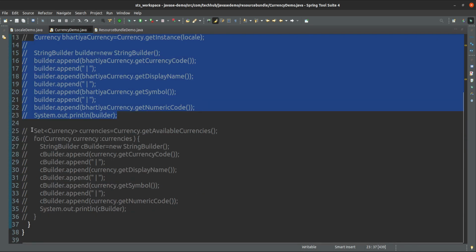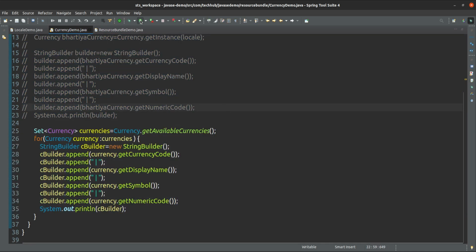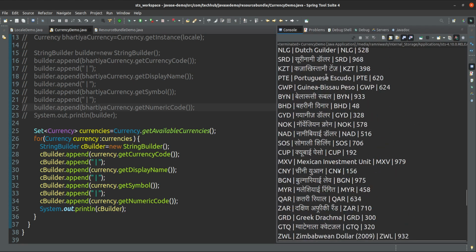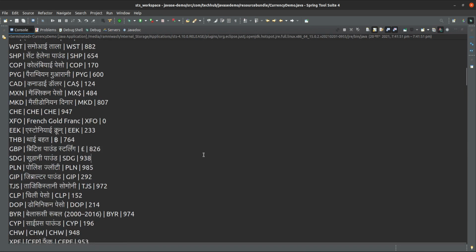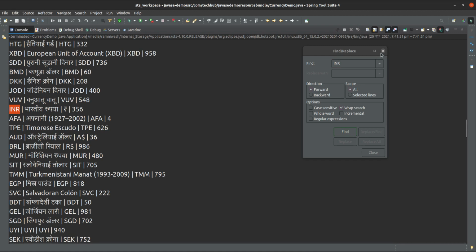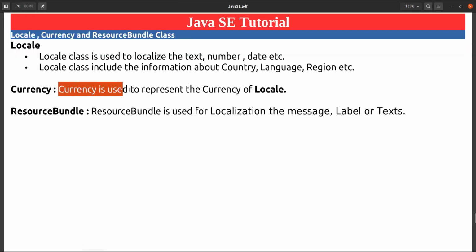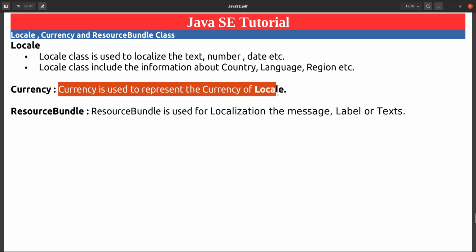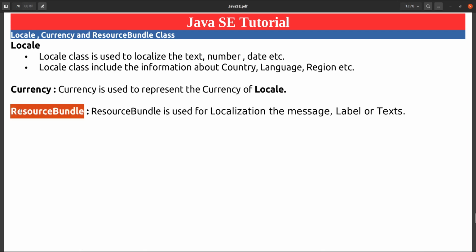So here we are using the getAvailableCurrencies method, and if you see the output, all the currencies throughout the world, however many are available, will come here. INR is also there, yes. So this is the Currency class. The Currency class is used to represent the currency code, name and currency symbol.